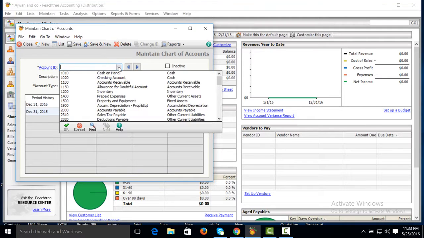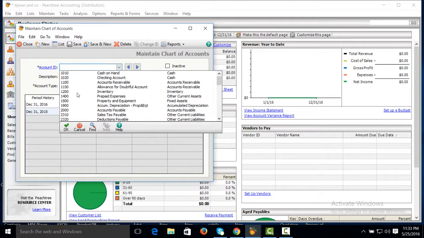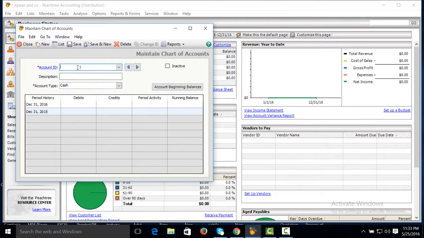Peachtree uses serial numbers, but you can also give your proper name, like in description Peachtree uses a proper name. You can also give a proper name in account ID, like capital account. We'll also write here capital account. What is the account type of capital account? The account type of capital account